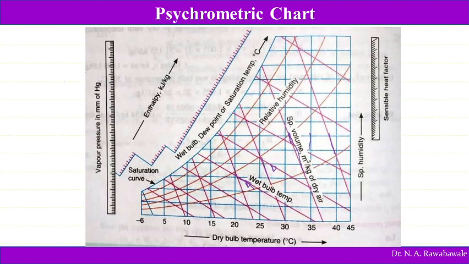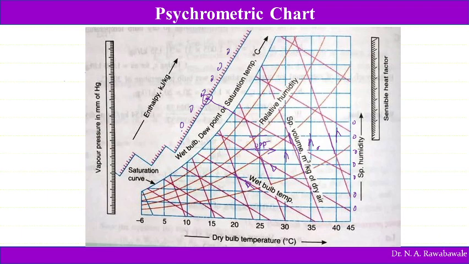Then the vertical lines represent dry bulb temperature. These vertical blue lines represent dry bulb temperature. Horizontal lines represent specific humidity as well as dew point temperature, DPT. The values written on this y-axis indicate specific humidity, whereas the dew point temperature will be written on the lines somewhere in between. The enthalpy scale is given here. When we extend this line, it gives the enthalpy value. So enthalpy values will be written here.